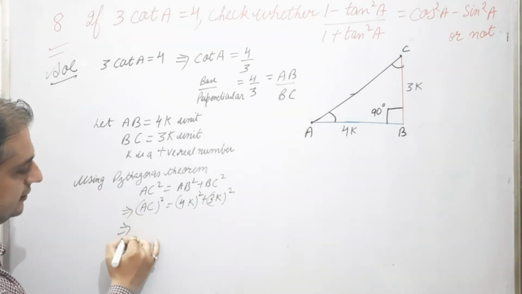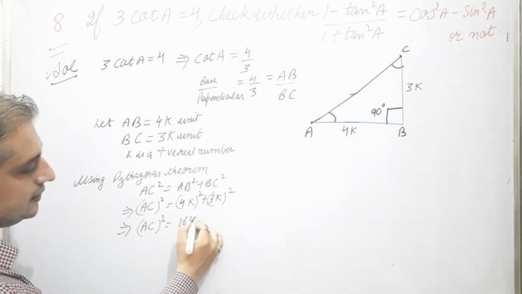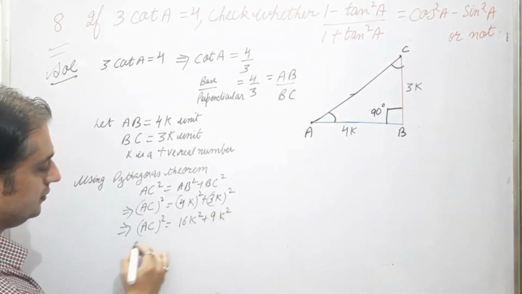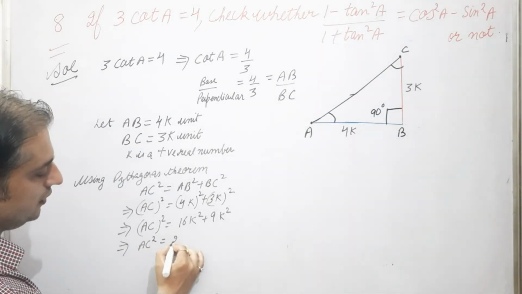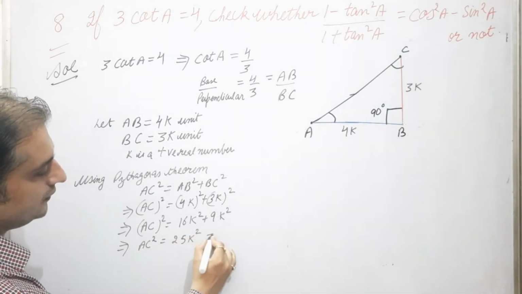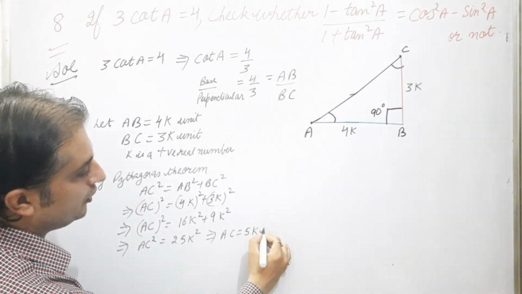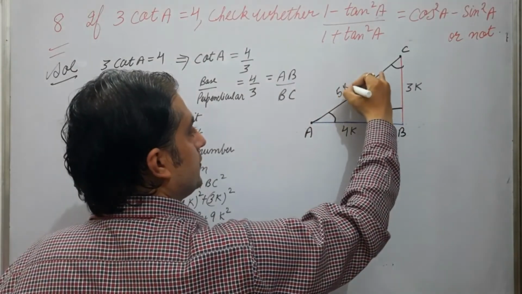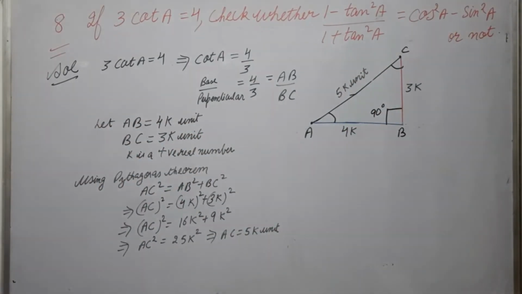It implies AC square, that is 4K square, is 16K square plus 3K square, 9K square. It implies AC square is equal to 25K square, that is AC is equal to 5K unit. So this is the length of the third side, 5K unit, by Pythagoras. Right. Now with the help of these three sides,